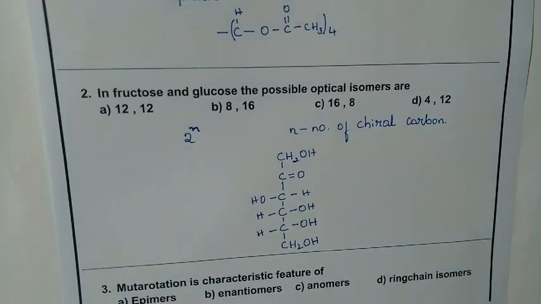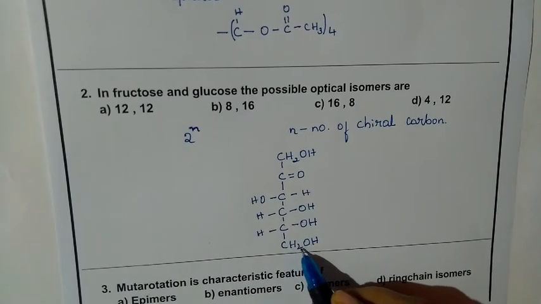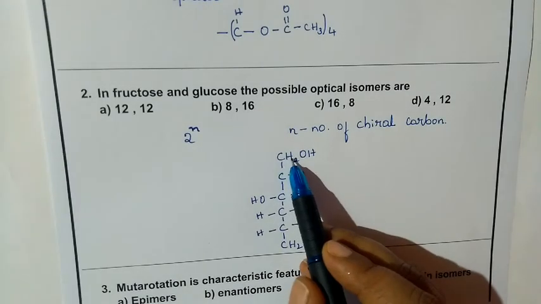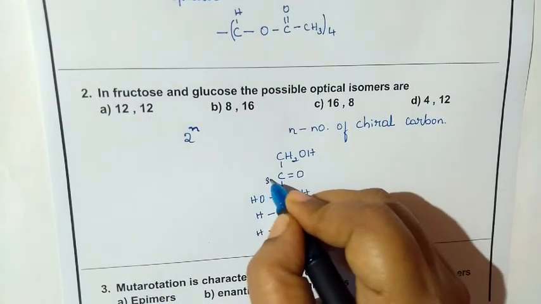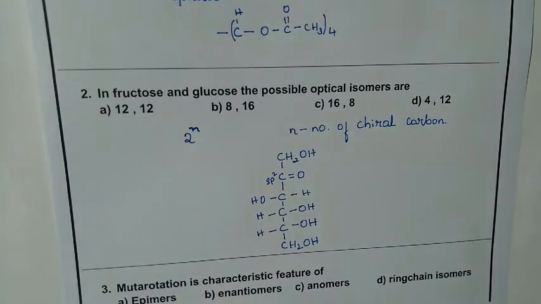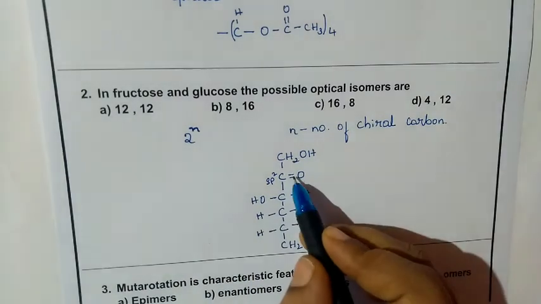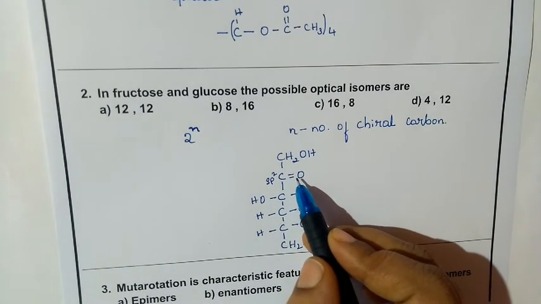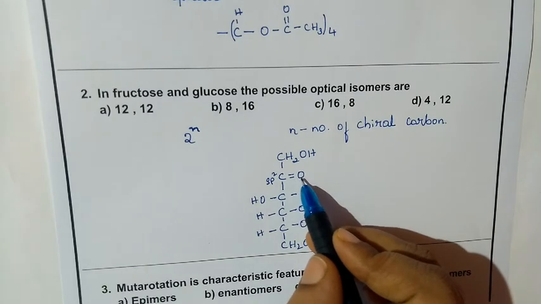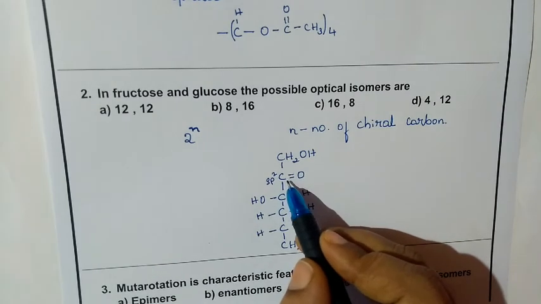this is our fructose. So you can observe here, the same group, 2 H's are there. So 2 H's are bonded to this carbon. It is not a chiral carbon. This is also not a chiral carbon, and it is sp2 hybridized. This one is a double bonded one, sp2 hybridized. That is one thing. And second thing, you can analyze, it is double bonded to oxygen. That is considered as twice, with 2 bonds it has been attached to the same group.